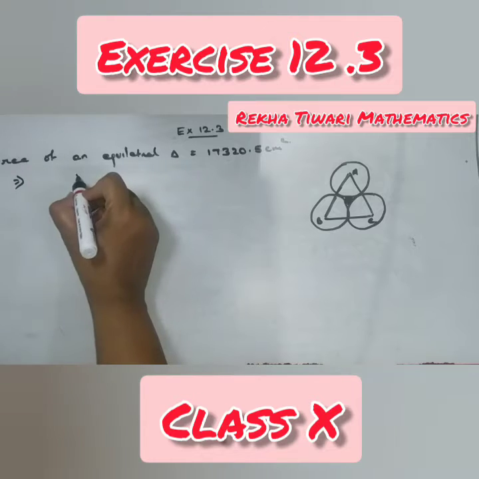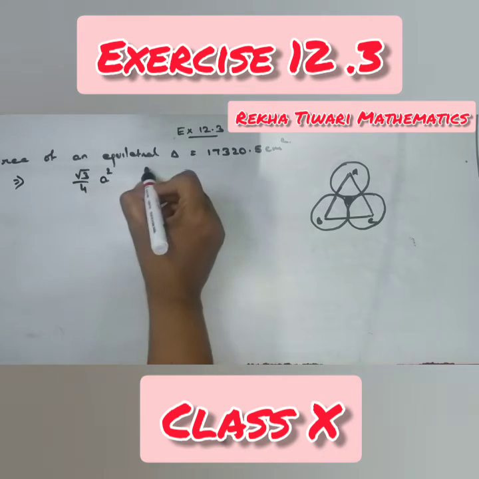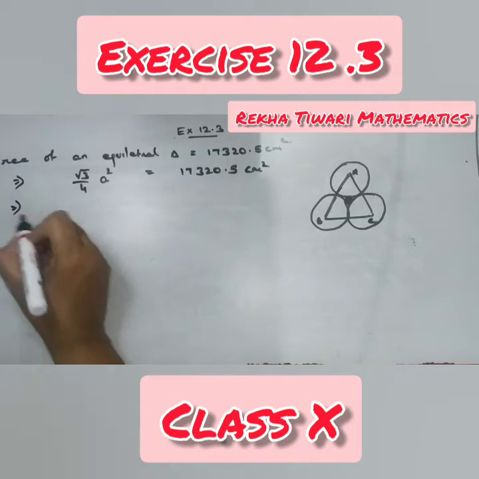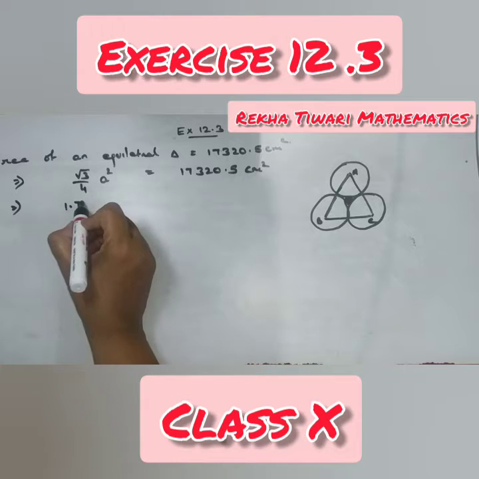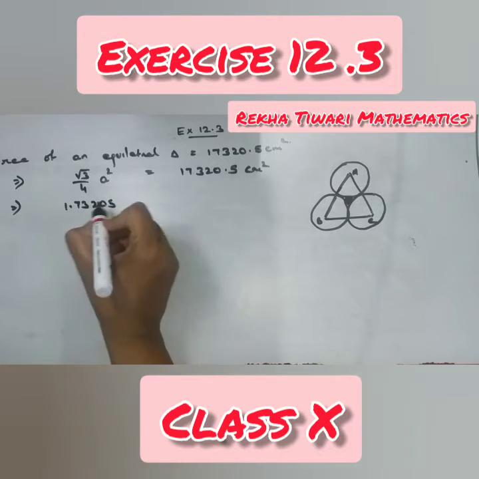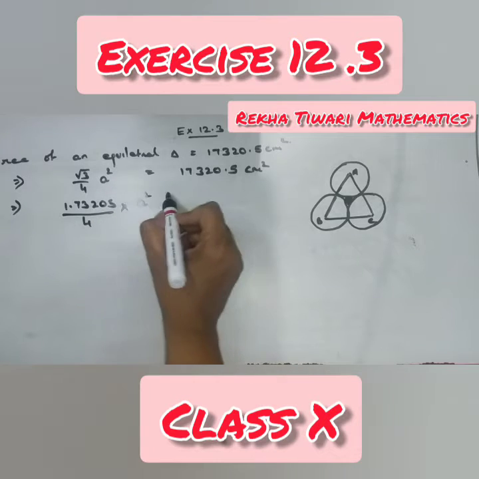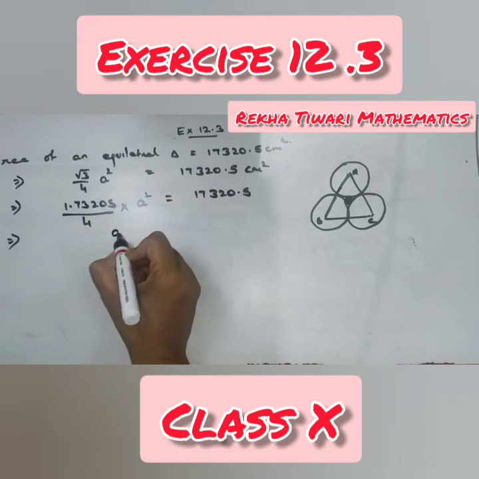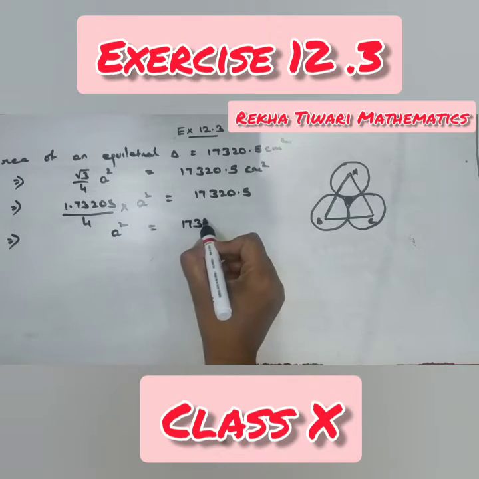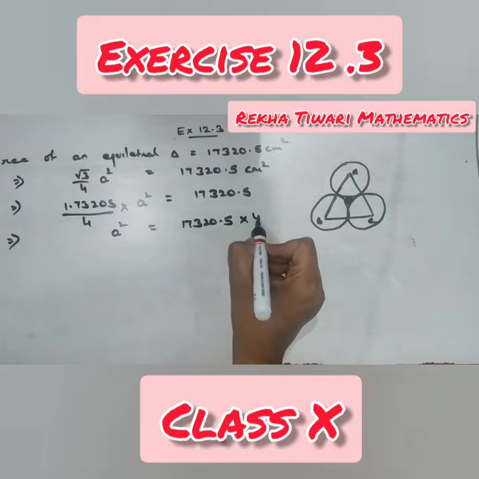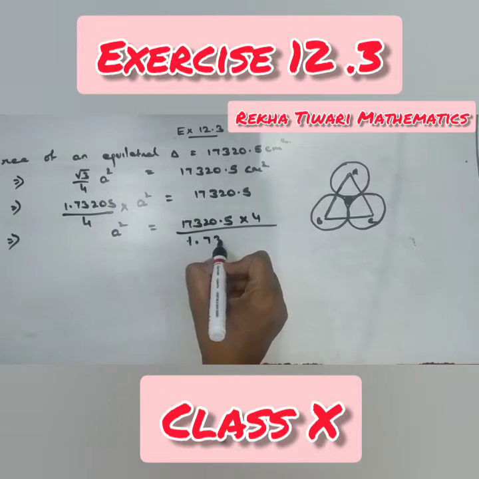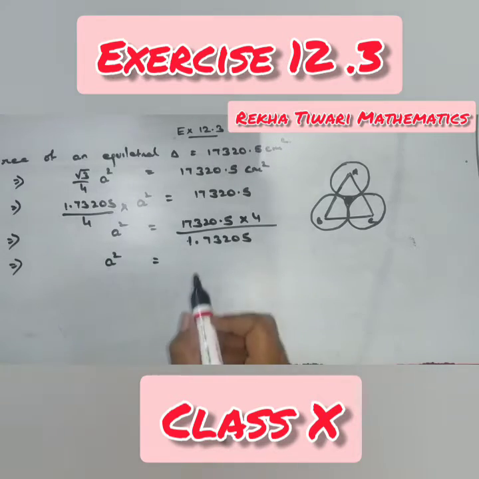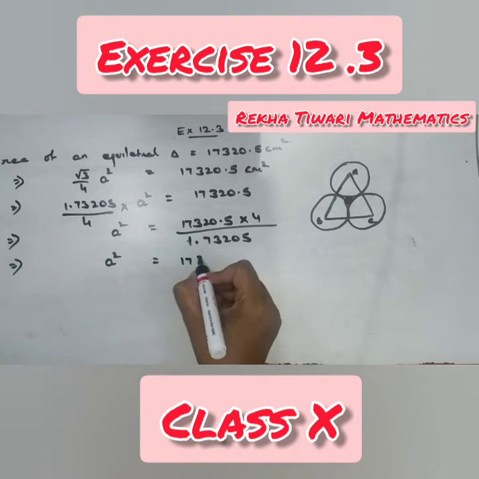See, area of equilateral triangle is root 3 by 4 a square. And this is 17,320.5 centimeter square. The value of root 3 is given to you, 1.73205, upon 4 into a square is equal to 17,320.5. So a square is 17,320.5 into 4 upon 1.73205. This implies a square is equal to, shift your point, okay, so it comes out to be